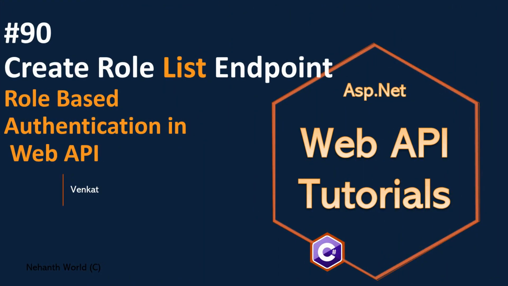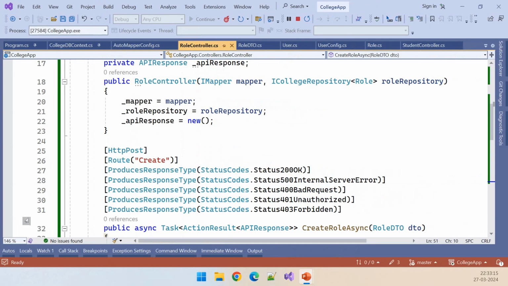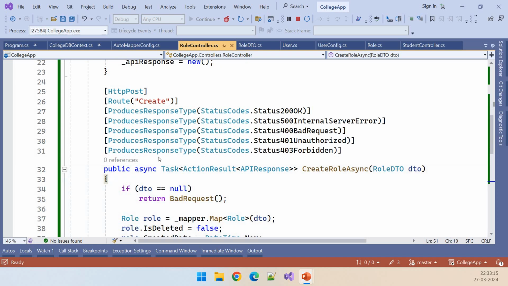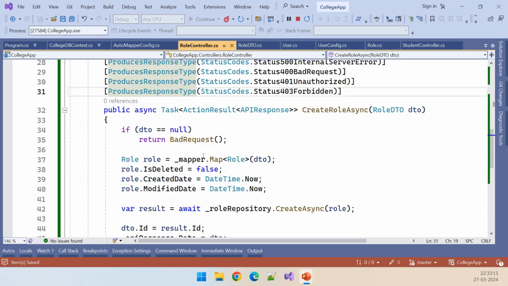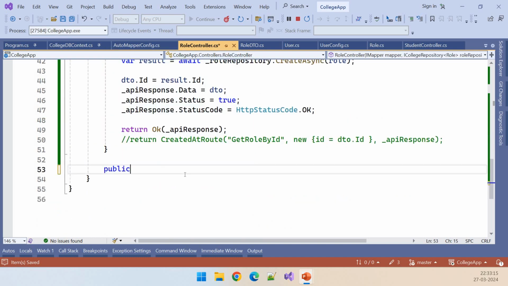In the previous video, we have seen role creation, endpoint creation. And in this video, let us retrieve all the roles and role by name, role by ID. And this is the endpoint we have created earlier. And let us create the get endpoint, public